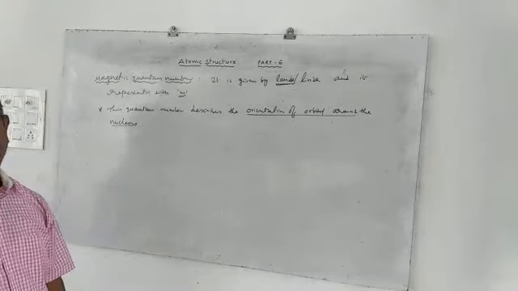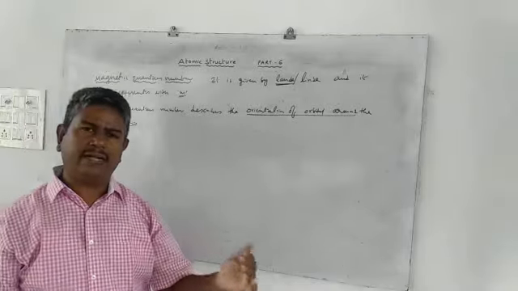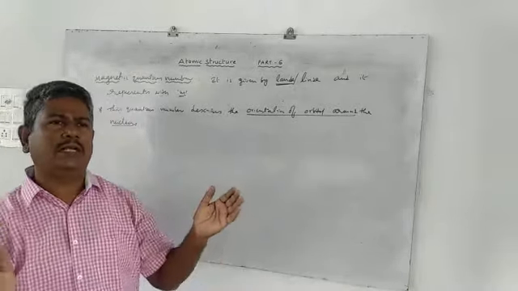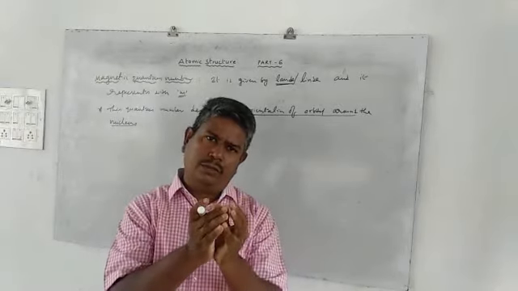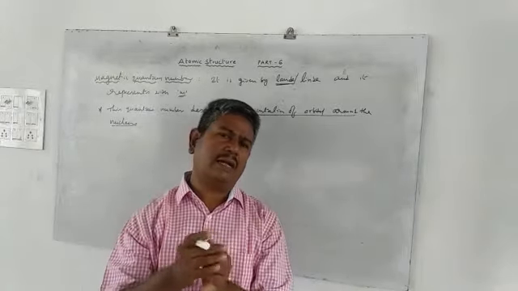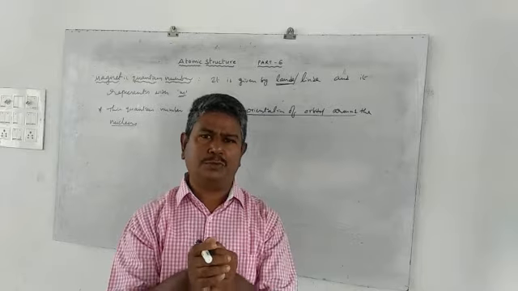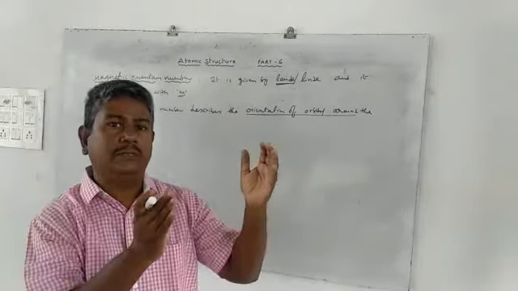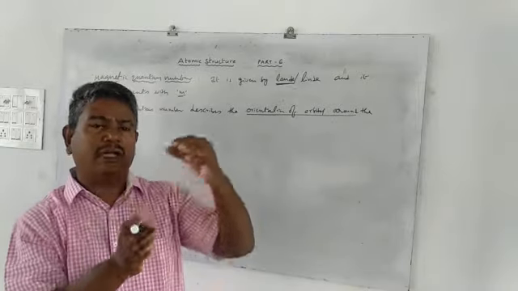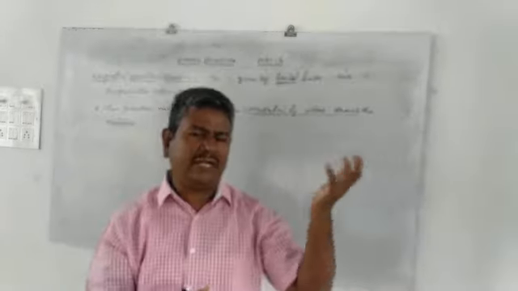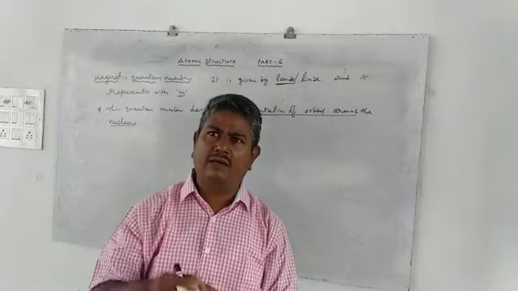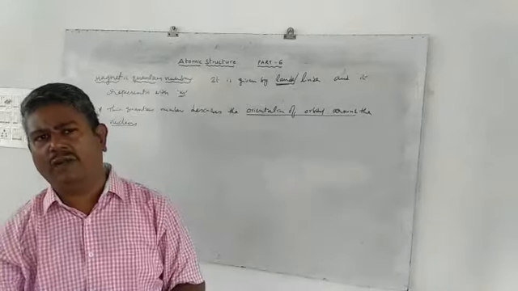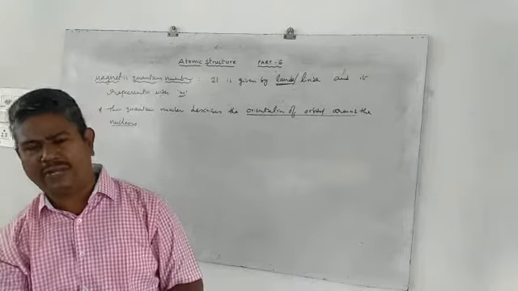orbitals. Means in the absence of either a magnetic or electrical field while you are observing the spectral lines, those spectral lines appear as a single line. When we apply some external magnetic field, what happened? Those spectral lines split into some more lines. That means fine spectrum, what we have previously learned in the Bohr atomic model. That is the main drawback of the Bohr atomic model. That is the Zeeman effect and Stark effect. What happened in that case? While you are applying an external magnetic field or an external electrical field, those spectral lines split into fine spectrum.